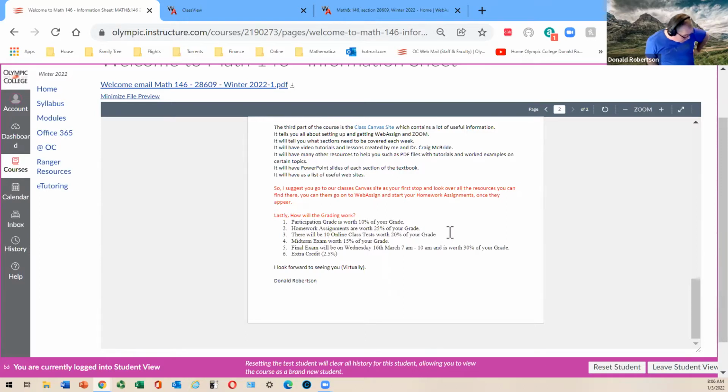There are also going to be some online class tests. Now, the online class tests will be in WebAssign as well, but they're a little bit different from homework. When you do homework, you can spend as long as you like on any question, and you get 5 shots, and it'll tell you when you're wrong, and when you're right, it tells you when you're right, and so you know I'm done and you move on. But these tests are different. They won't even appear in WebAssign until Saturday morning, and they'll finish on Sunday midnight. So you've got to get them done Saturday, Sunday sometime, anytime you like. You get 90 minutes, so be really careful.